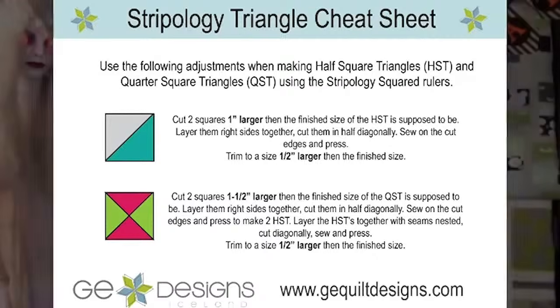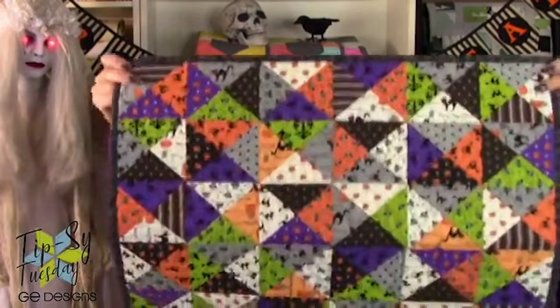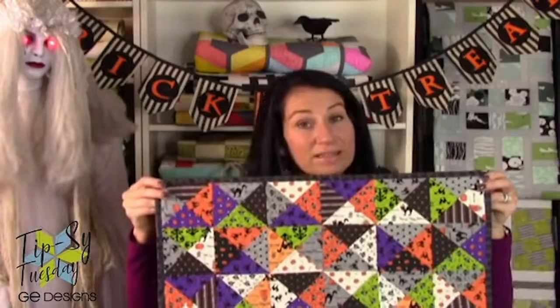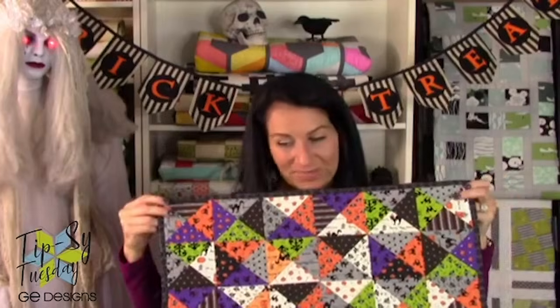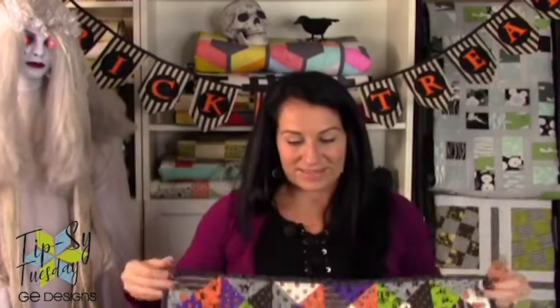I was playing with these units, and I just made this last night. I thought I would put something together. I found all these Halloween 5-inch squares, and I put together a really fun table topper, which I'm calling Sabrina since it's Halloween. Let's switch to the overhead camera.